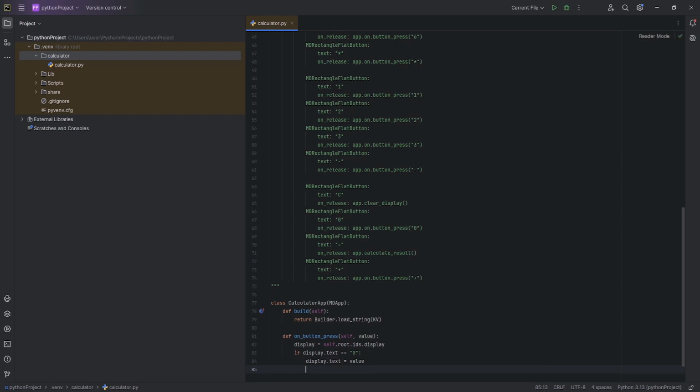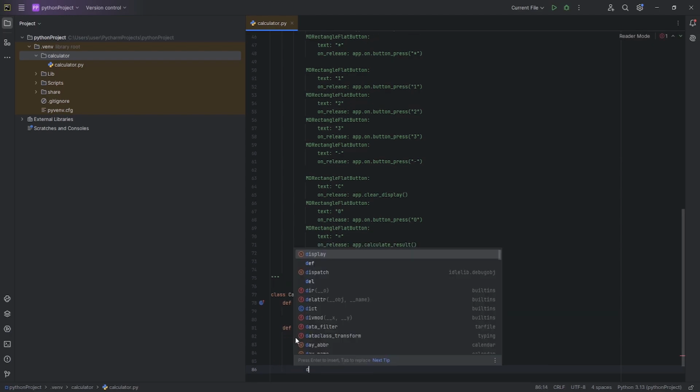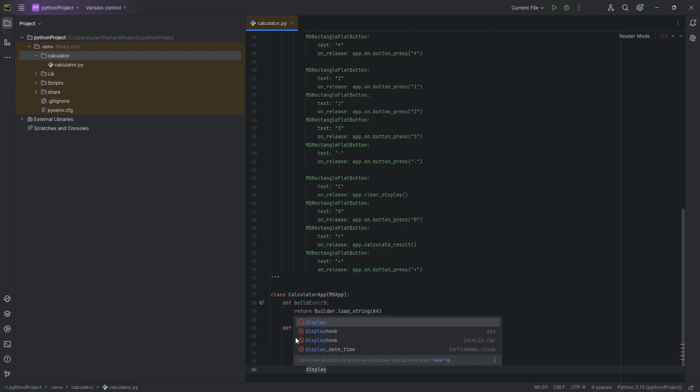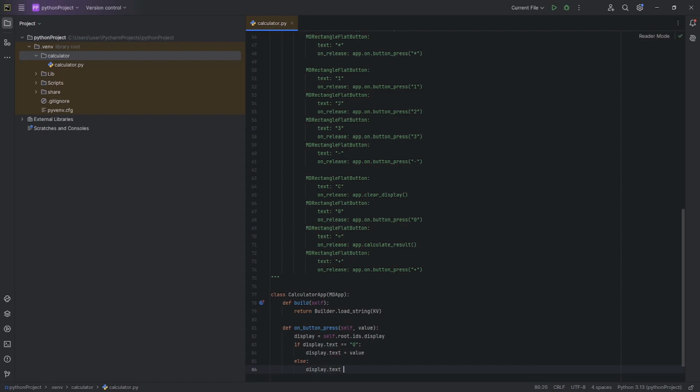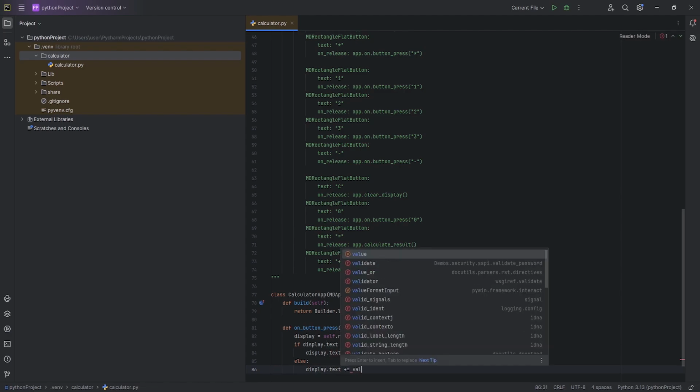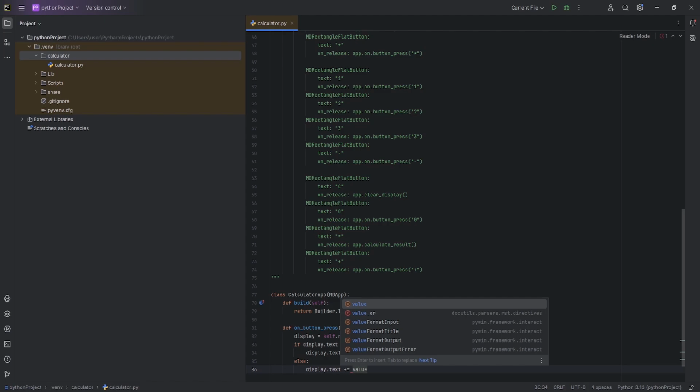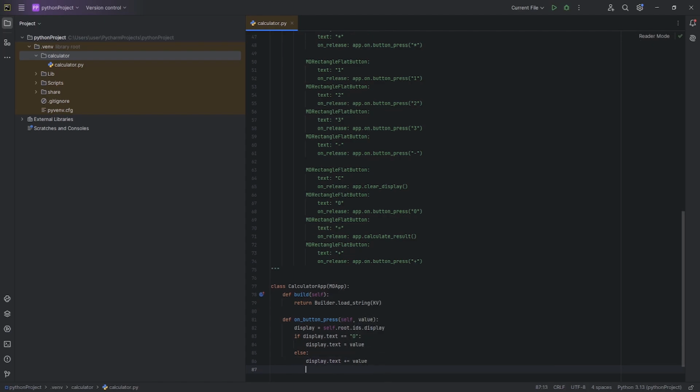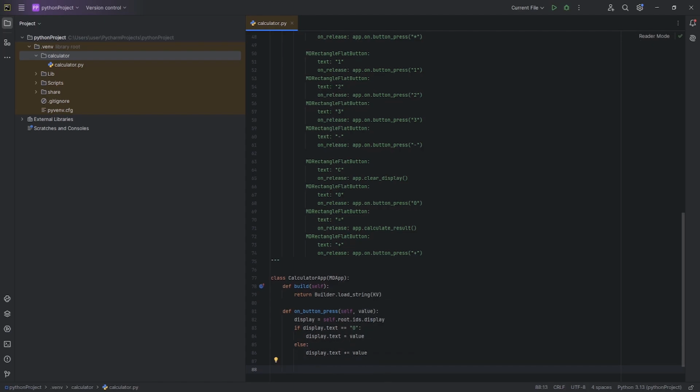Now, let's apply the else function. Else colon, I'm going to put in the display text again. Display, then put in dot text. It should be plus or equal to a specific value, right? So that is it. Now I'm going to move on to the next section on the definition indentation level. Here I'm going to calculate or give the result. So put in def